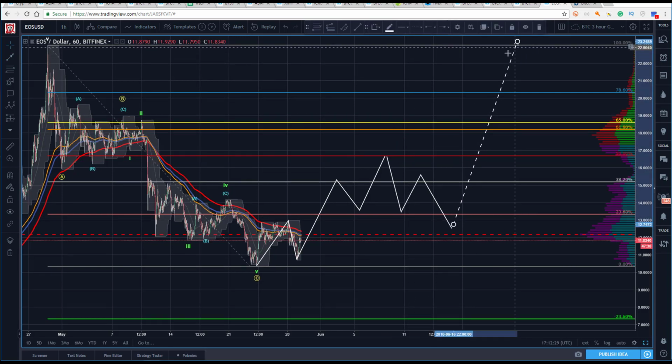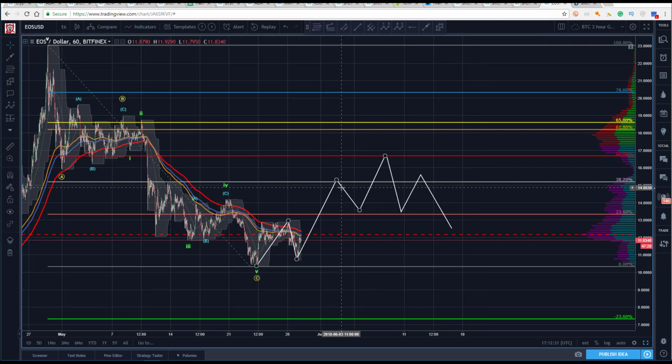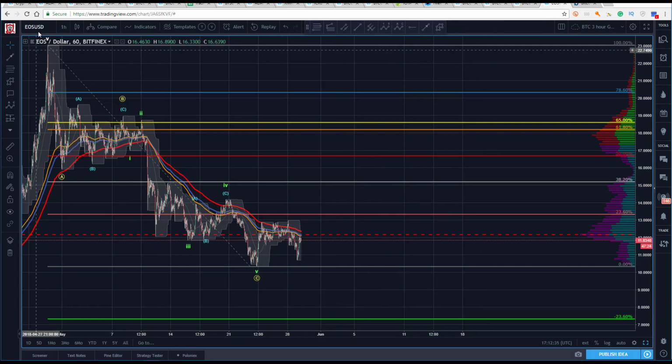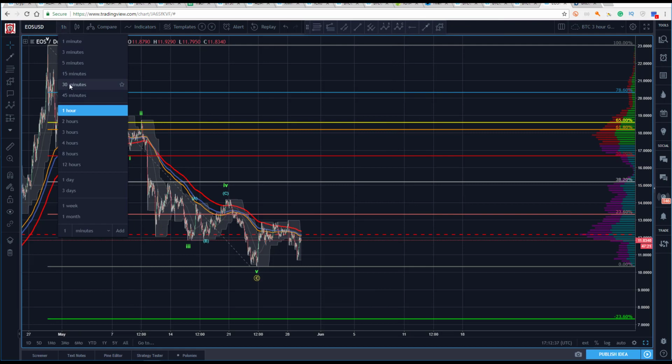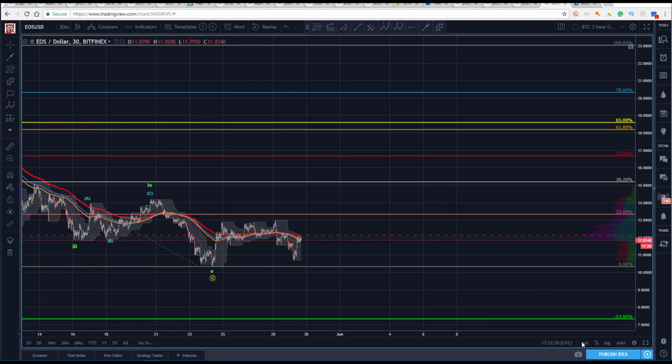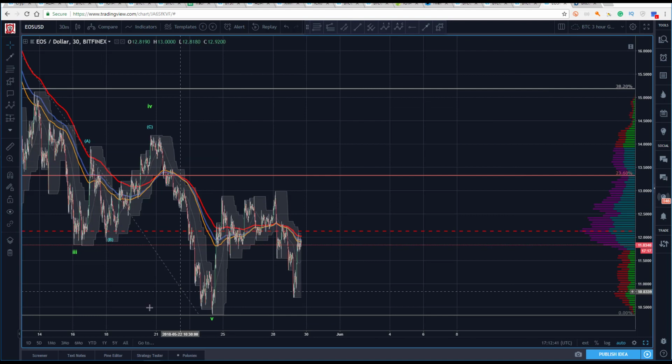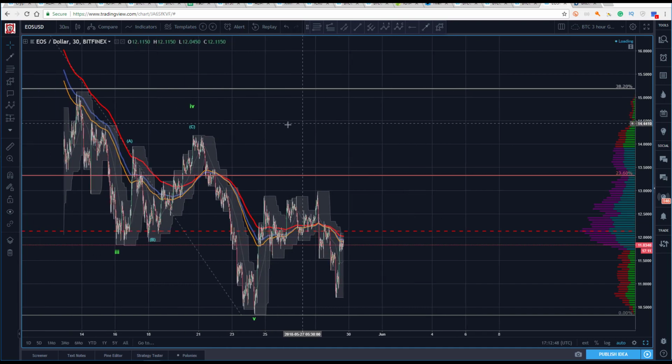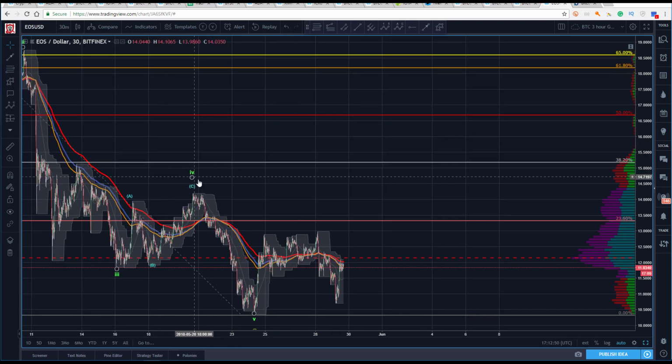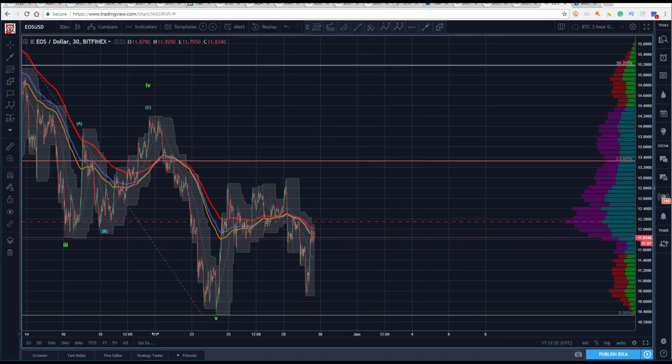Now here the problem area as it relates to putting on a current trade is that this price action is a little suspect. So let's go to a 30-minute here and look at that. It's hard to get a 5 out of that. Here, this looks like you could have a 1 wave. That could be your 2, but you can't even get a diagonal out of that. It's just very hard to get a read on that.